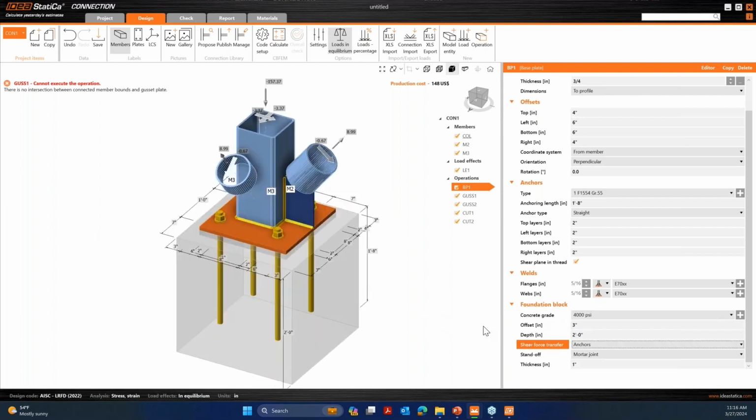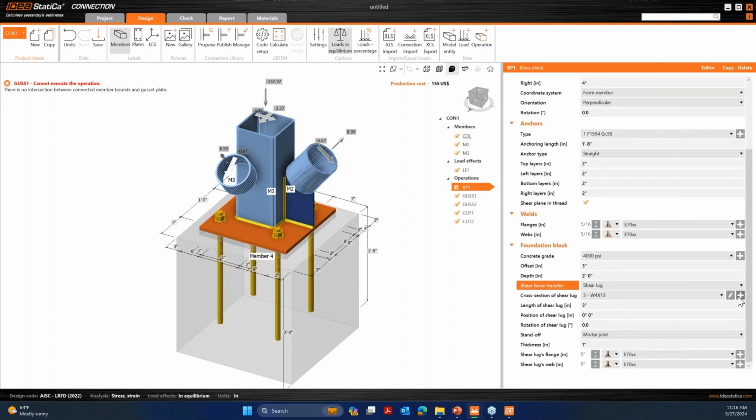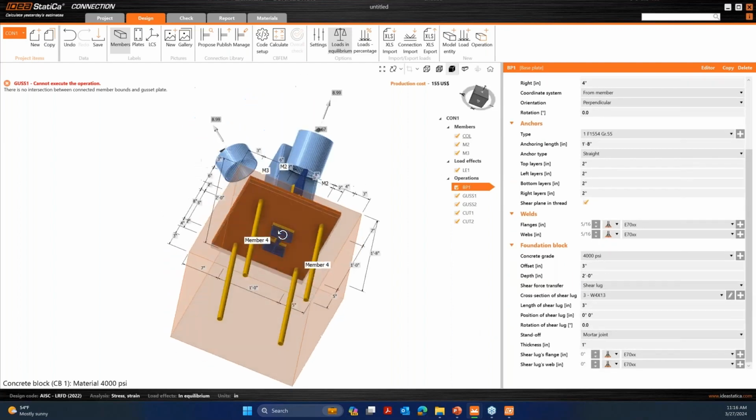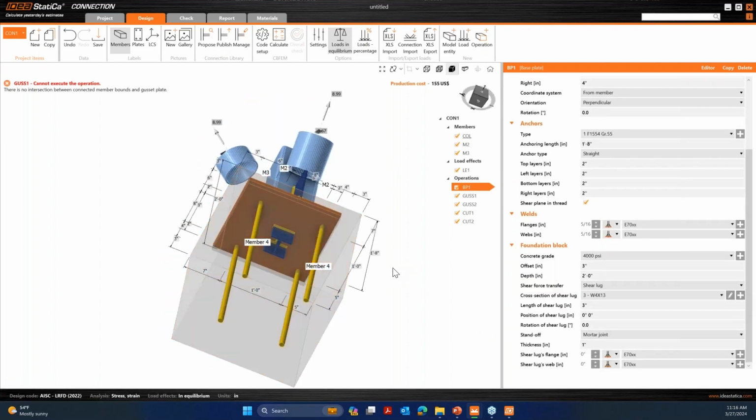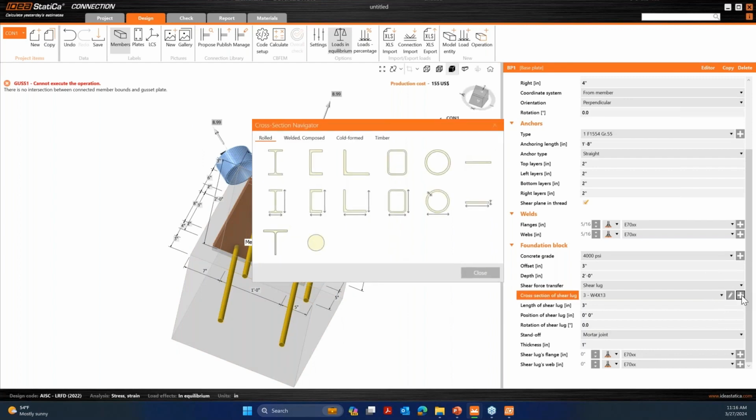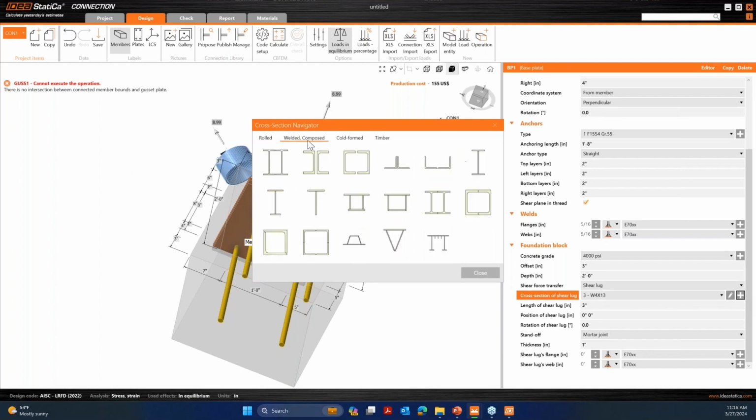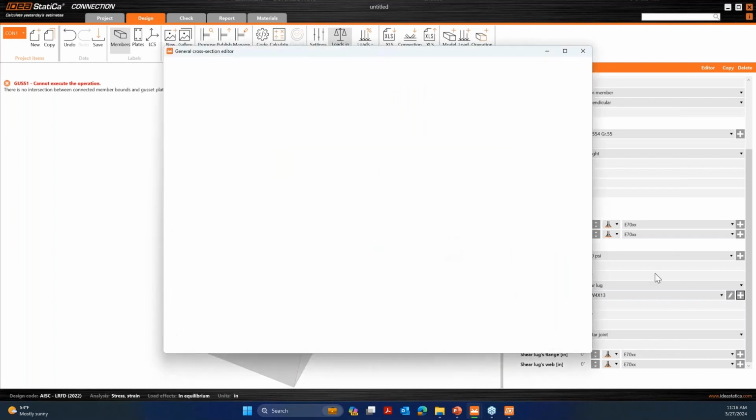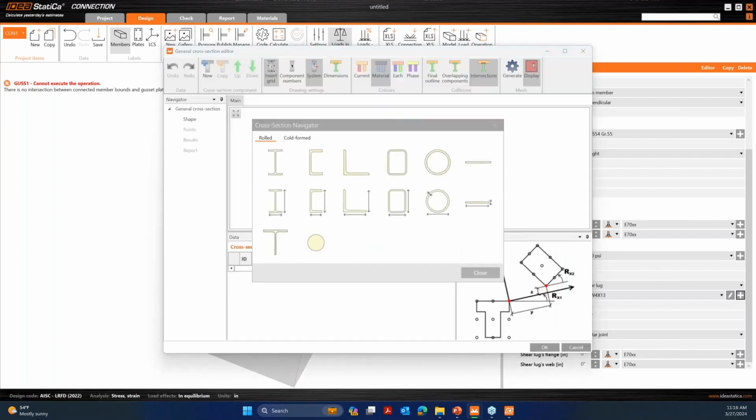Now for the shear force transfer, instead of anchors, we'll select shear lug. Shear lug, by default, gives you an I-beam, but in case you have your own custom design, this is where you can start doing it. So instead, just click the plus icon to access the cross-section navigator. Instead of using the rolled cross-sections, which are predefined cross-sectional shapes, we can always go to the welded compose and click on the general steel cross-section, and within here, we are taken to the